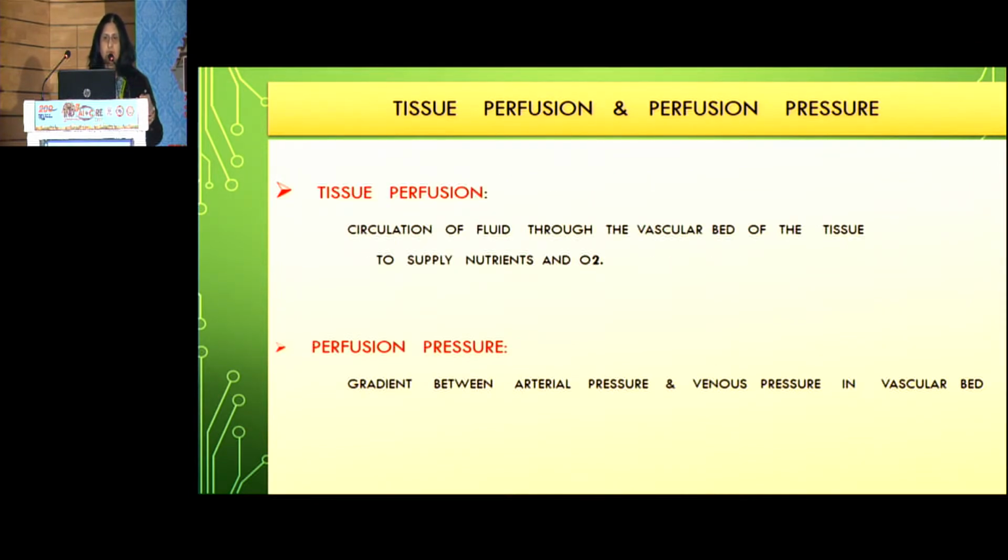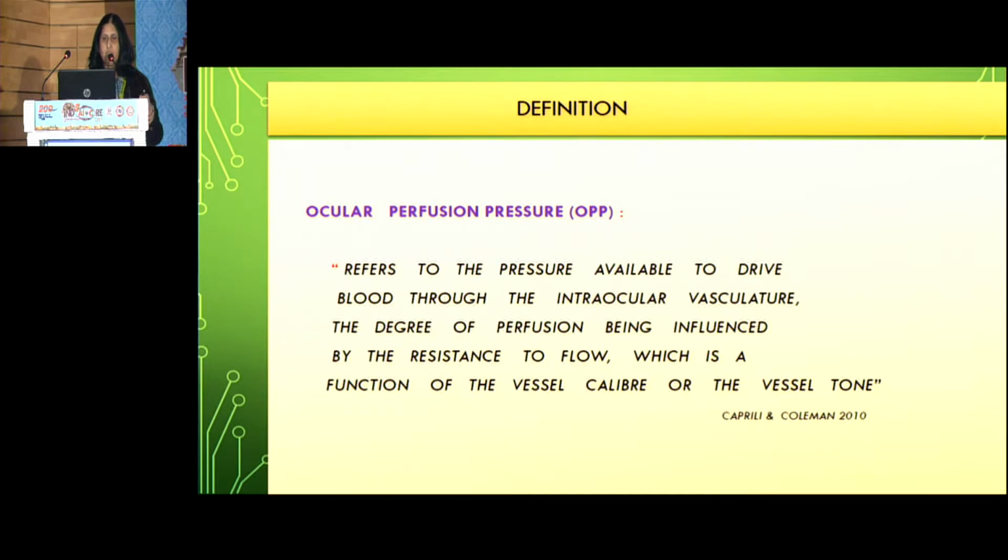Tissue perfusion means circulation of fluid through the vascular bed of the tissue to supply nutrients and oxygen. And perfusion pressure is the gradient between arterial pressure and venous pressure in the vascular bed, which is responsible for the perfusion. Ocular perfusion pressure refers to the pressure available to drive blood through the intraocular vasculature,